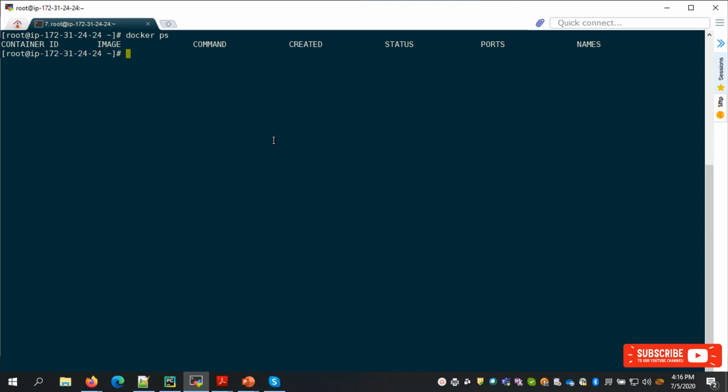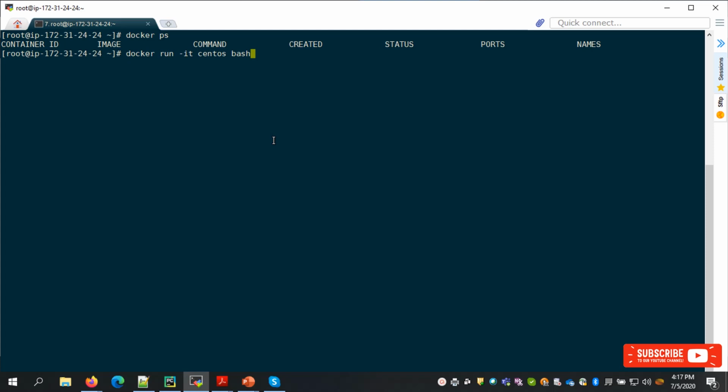The command for that is docker run -it, and let me use a CentOS image, so I will use centos over here, and then bash. Before that, you have to know how Docker containers run. A Docker container runs based on the image you have selected, and in order to run a Docker container, something needs to be running inside the container. For example, an application is supposed to be running inside the container, then only the container will run.